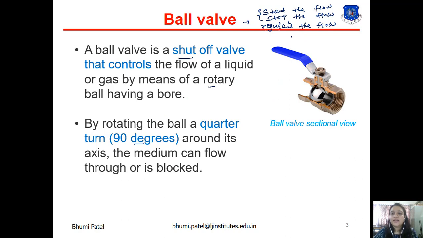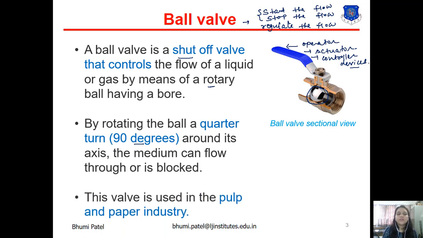Here you can see that this is the operator, or the actuator, or a controlling device where we can control the valve. Here the ball valve is connected. This valve is used in the paper and pulp industry.